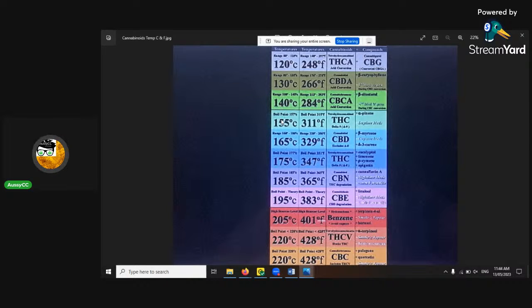As you go down here, you can see that the temperature increases. So if you're going to smoke your medical cannabis at 120, you're probably not going to get the high or the potential of the molecules that you could get. If you put the temperature up to 160, you're going to get a different type of effect. You're going to get the delta 9 out of the THC, but you won't get the delta 8 out of the THC. So there are different effects in this.